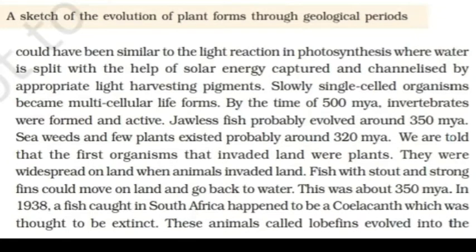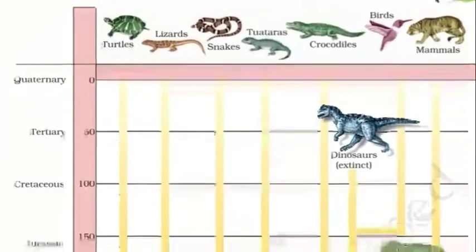Fish with stout and strong fins could move on land and go back to water. This was about 350 MYA. In 1938, a fish caught in South Africa happened to be a coelacanth, which was tough to extinct. This animal, called lobe fins, evolved into the